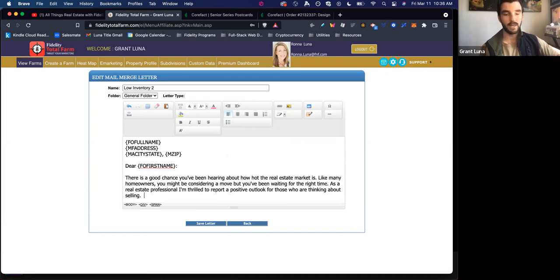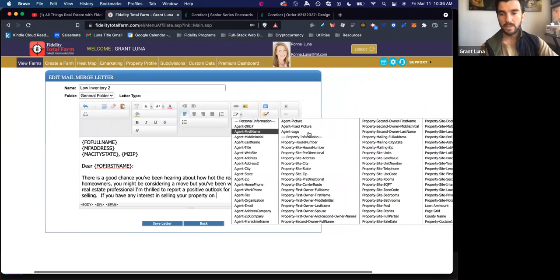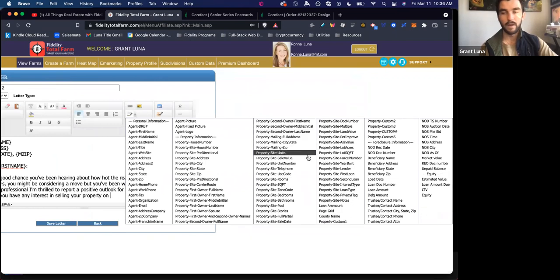So let's say I wanted this to say, if you have any interest in selling your property on, and let's say I wanted to say if it's on Kirkhoff Ave, which is a street in that area, I could obviously try to type it for each individual one and do guesswork. But instead, what this allows you to do is go to this tags icon, which kind of looks like a pen,